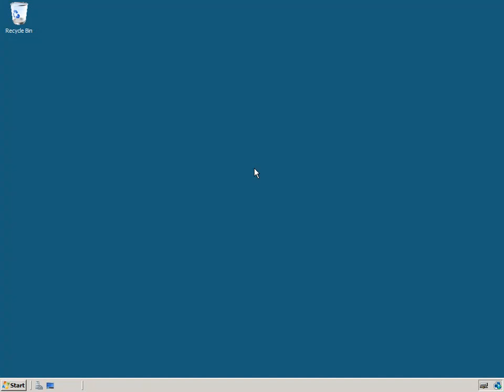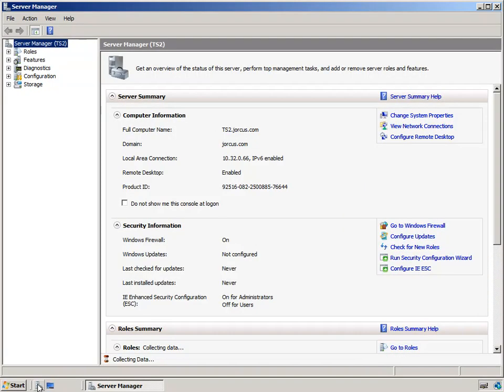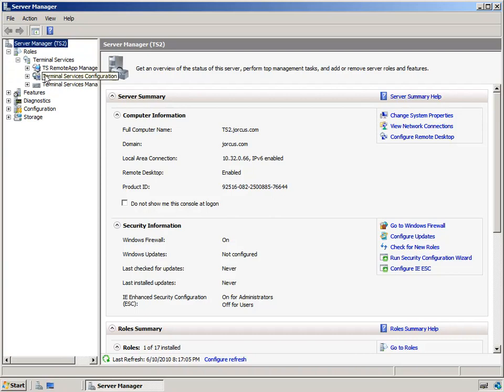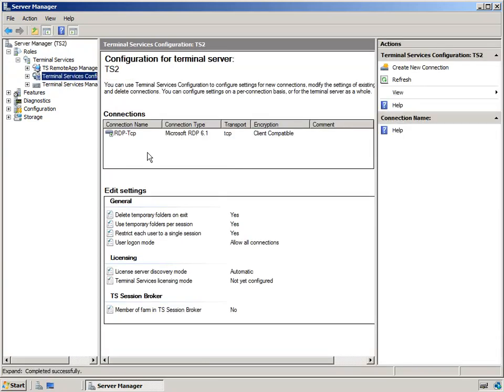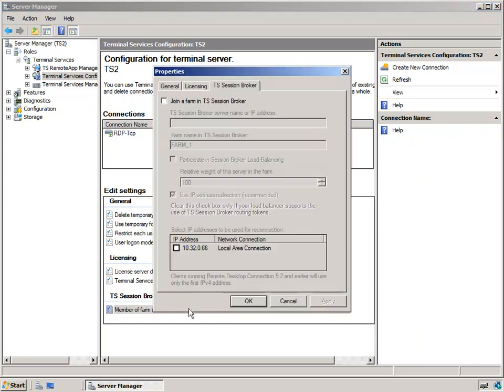All right, well, we've just switched over to our second terminal server, TS2, so let's go and do the same thing. We're going to fire up the server manager. We're going to expand roles, terminal services, and select terminal services configuration. Now down the bottom again, you can see that this machine obviously isn't a member of a farm, like TS1 wasn't, so we'll double click here, and that'll open up a new window right here at our TS Session Broker